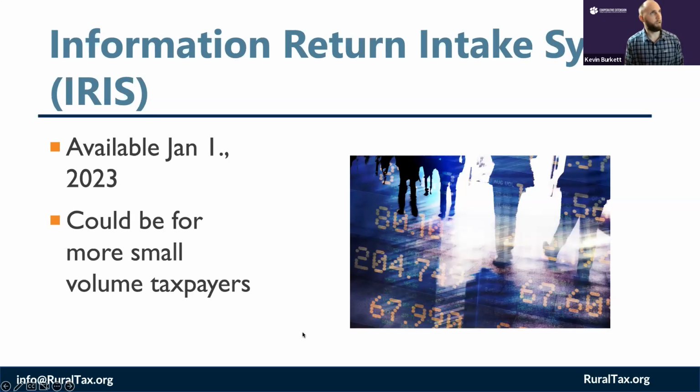There is a newer system that they were supposed to bring online earlier this year. It's the IRIS, Information Return Intake System. I think the previous system is more of a batch system if you have a lot to file, whereas IRIS is more for maybe 10 or 15 that you need to file, but you'd like to do it electronically. I haven't gotten a chance to really take a look at that, but just something to be aware of.